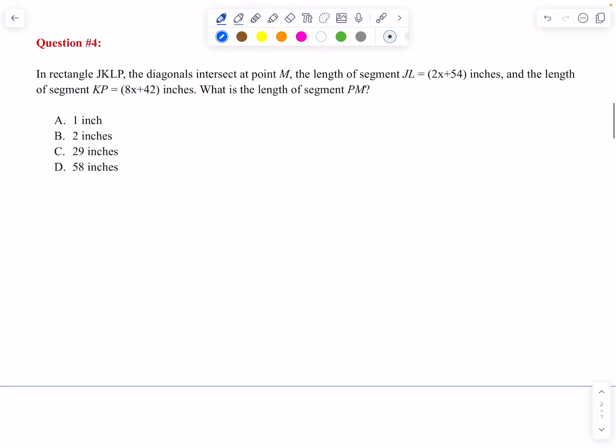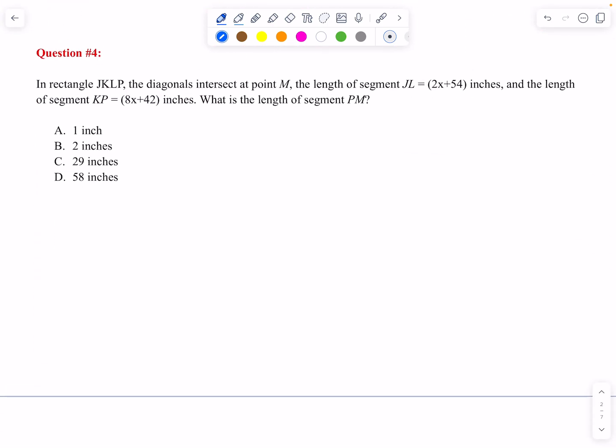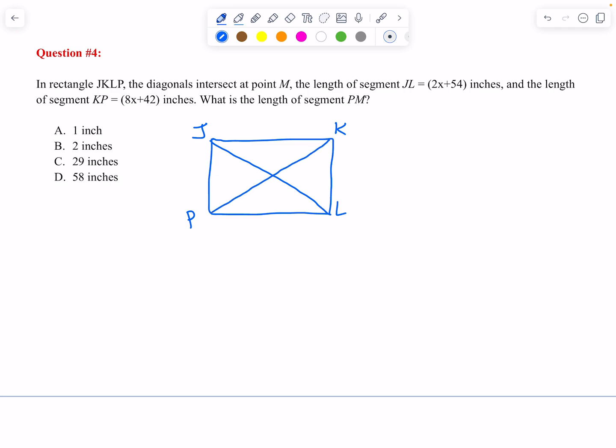All right, let's look at one more. In rectangle G-CO.14, the diagonals intersect at point M. They have not drawn a diagonal, so I am going to draw a rectangle, and then I'm going to put in the diagonal. So let's call this rectangle G-CO.14, and then the diagonals intersect at point M, is what they said. And they said the length of JL, so let's highlight JL, is this entire diagonal,